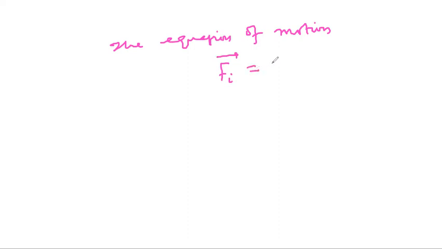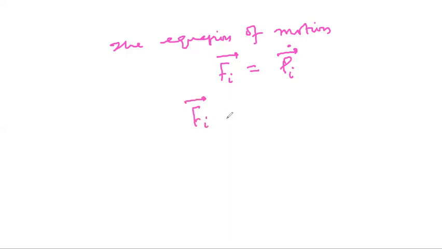For the ith particle, we can write the equation of motion. The equation of motion for the ith particle can be written as Fi is equal to Pi dot, where dot denotes the time derivative. It is simply Newton's second law. Force on the ith particle is the time derivative of its linear momentum. We can write it this way: